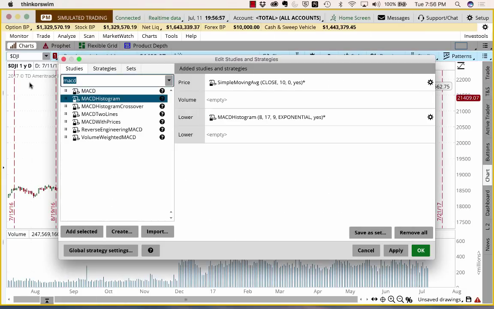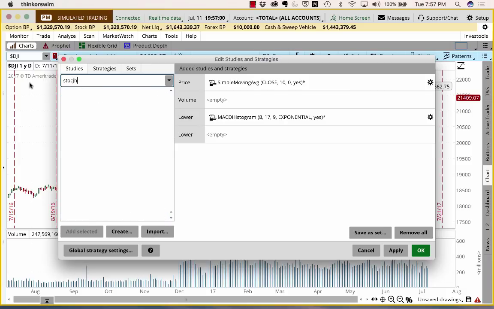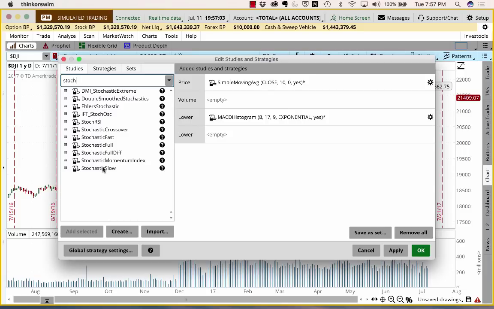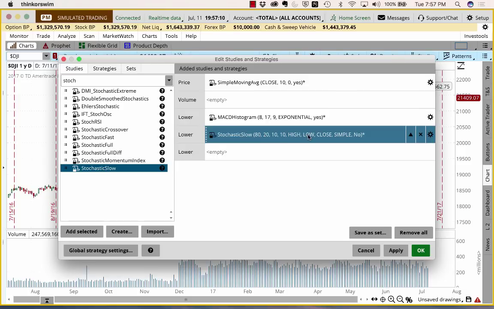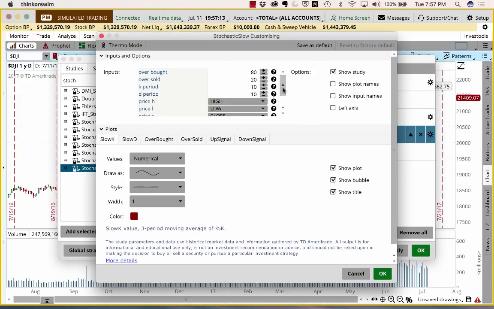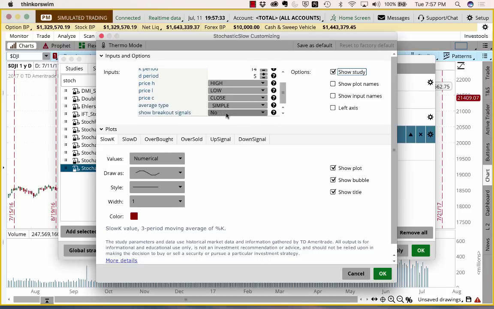Third, we're going to add stochastics. So if you start typing STOCH and choose the very last one that's going to show up, it's stochastic slow. Add that by double clicking. Once again, double click on the right hand side. We are going to change the K period to 14. We're going to change the D period to 5. And by the way, any of these you can change by typing or with the plus and minus next to it. Scroll down to the bottom, show breakout signals, put that on slow K. And finally come down to the bottom, click on the slow D, and uncheck all 3 boxes